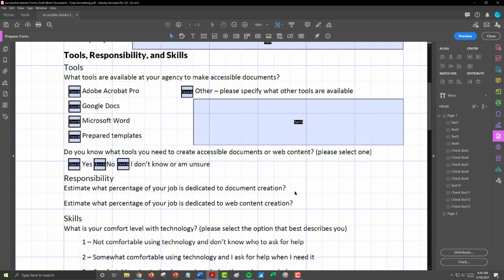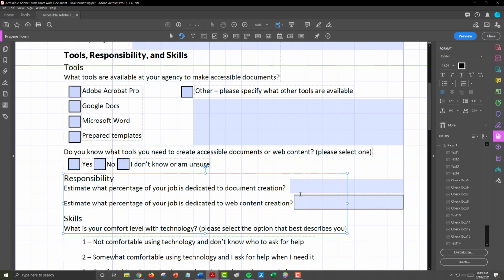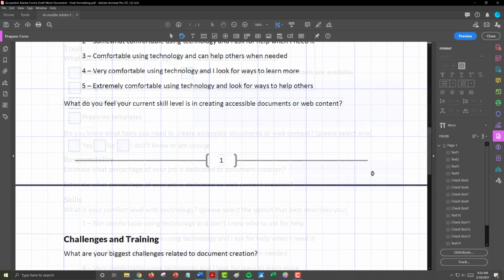My next two questions in the responsibility section are also short answers, so I can grab the text box tool and draw those on and line them up with my text boxes above and add another text field for my second question. And using those grid lines really helps you with the spacing and with the alignment so that everything on the page is following a similar alignment.